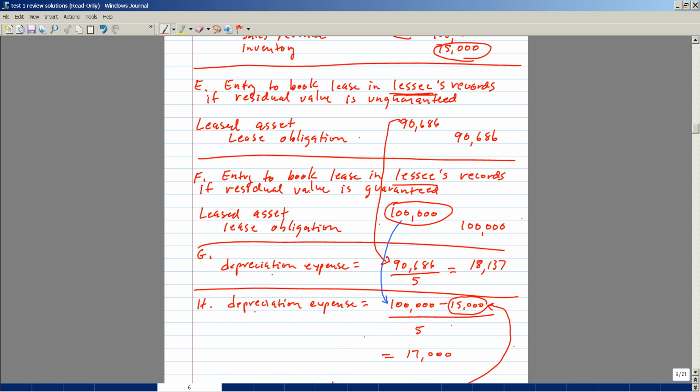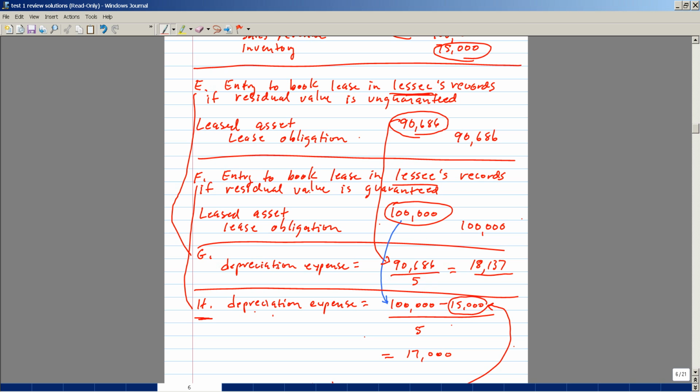Part G and H ask us to calculate the depreciation expense. G, depreciation expense, is for the facts in E where the residual value is unguaranteed, and the depreciation expense in H is for the facts in F where the residual value is guaranteed. So in G, we're going to take the amount at which we book the asset under Part E of the problem, $90,686, and divide it by the lease term of 5 years, and we're going to recognize $18,137 of depreciation expense each